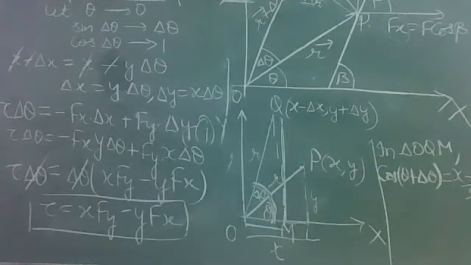Question 7.13. A child stands at the center of a turntable with his two arms outstretched. The turntable is set rotating with an angular speed of 40 revolutions per minute. How much is the angular speed of the child if he folds his hands back and thereby reduces the moment of inertia to 2 by 5 times the initial value? So there are two situations. First, the child is standing at the center of a rotating turntable with arms outstretched.